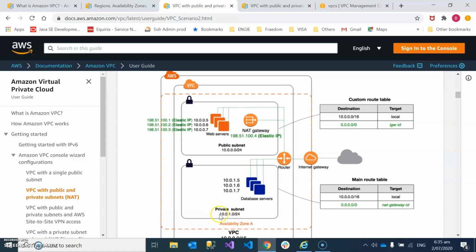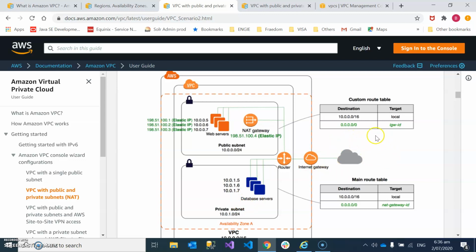Private subnet resources can still reach the internet through a NAT gateway. For example, if you want to install a patch on a database server, it will go through this route to the NAT gateway, and then the NAT gateway will go through this path and try to download any patch or software utility, and then install it on the database servers.